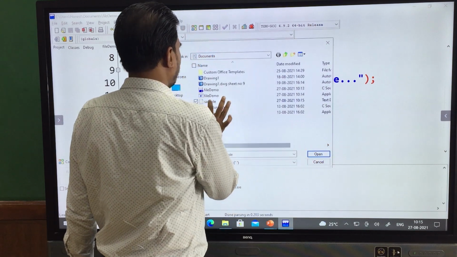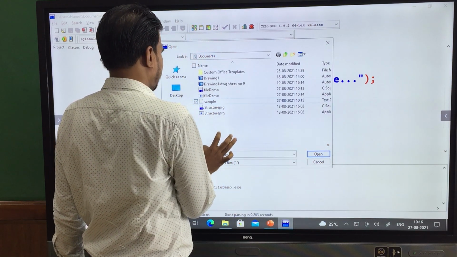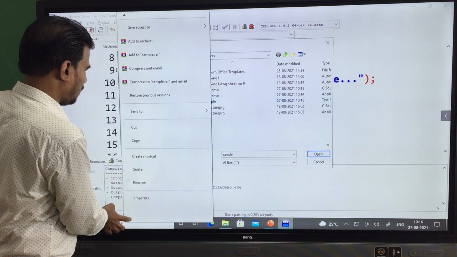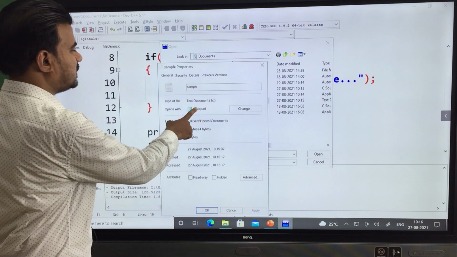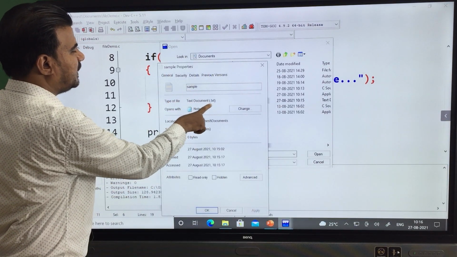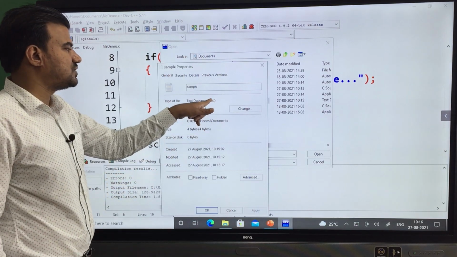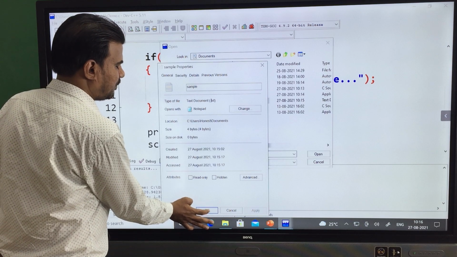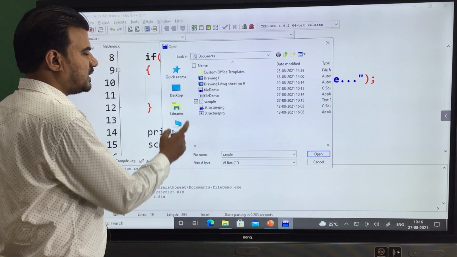If you go to the properties, it will show. Sample is the file name, text document, and the extension is .txt. So whatever file we have created inside the program, sample.txt, it is created.